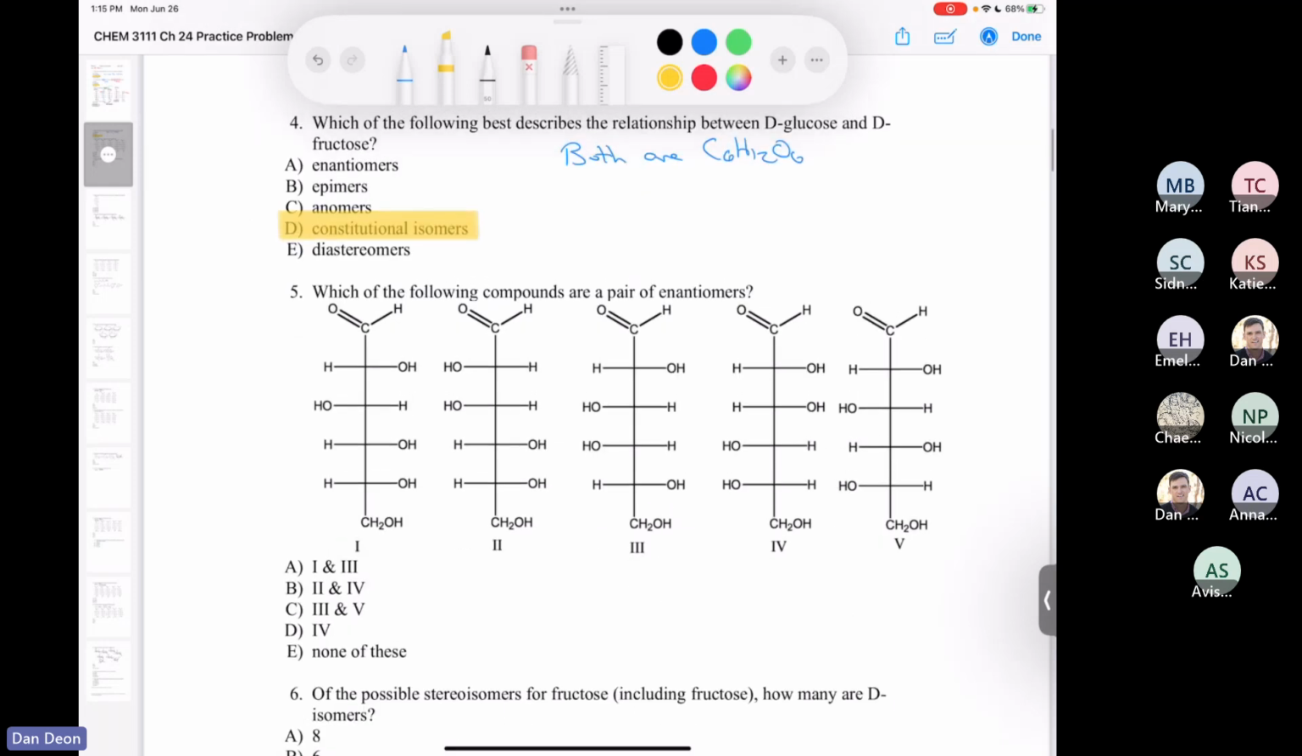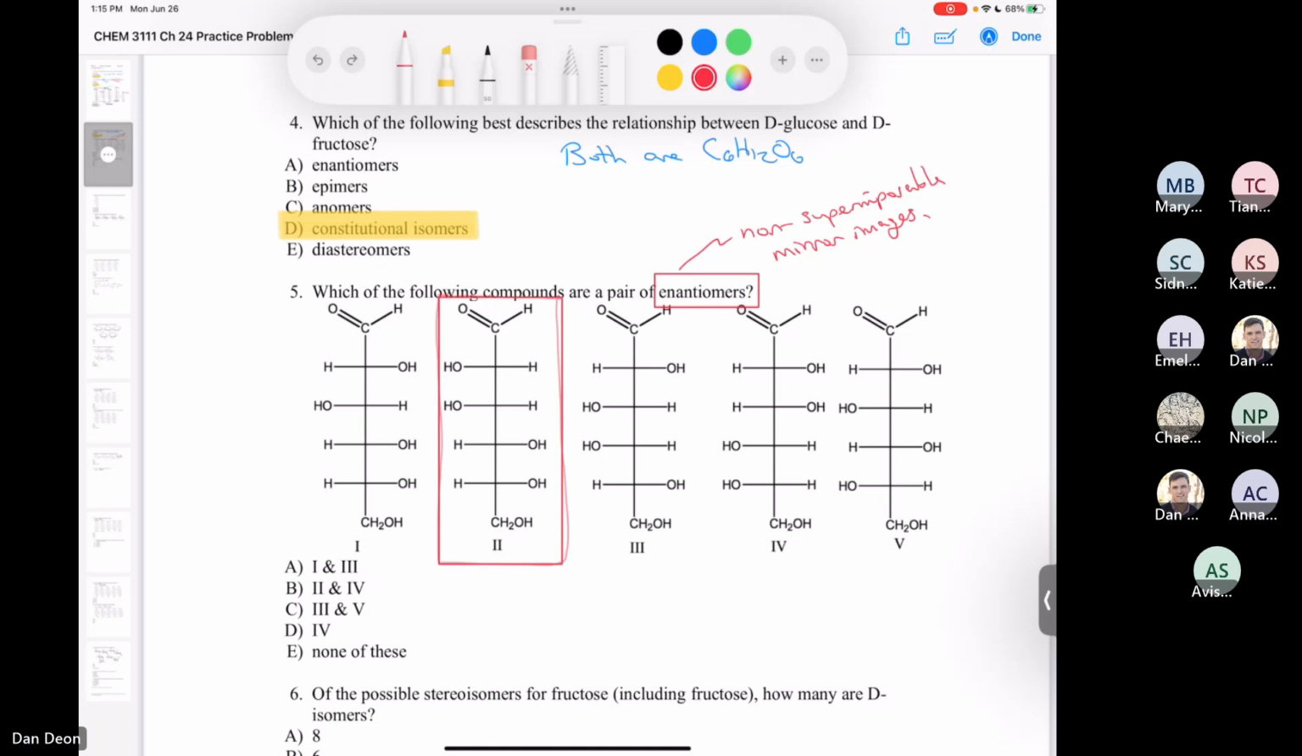Number 5, which of the following compounds are a pair of enantiomers? So we know that enantiomers are non-superimposable mirror images. All right. So if we look at all of these compounds, we want to find 2 compounds where every stereocenter is reversed. So these are all aldohexoses, and you can see that every carbon here is a stereocenter. So if we look for 2 compounds that are non-superimposable mirror images, hopefully you could see it would be this